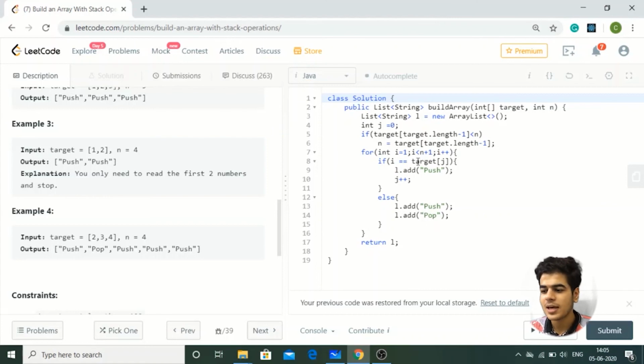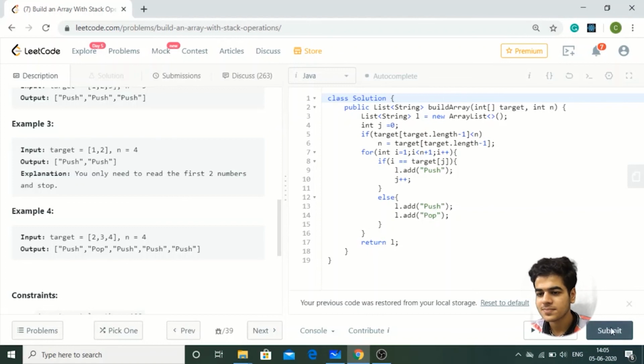So that is the difference between i and j. And if I find that element in the target array, then I am just going to add push. And if I don't find it, the else condition, then I'm going to add both push and pop in it. And at last I'm going to return this, right?